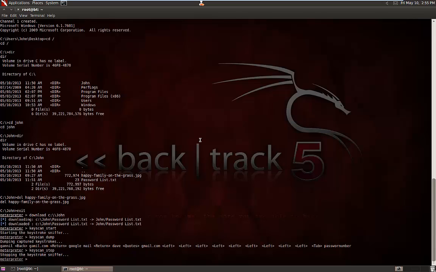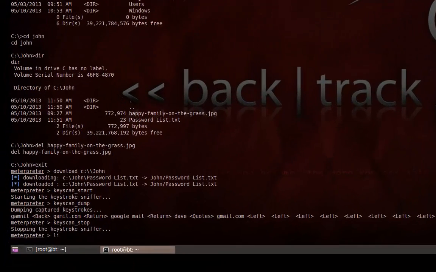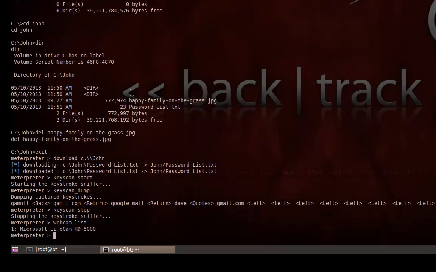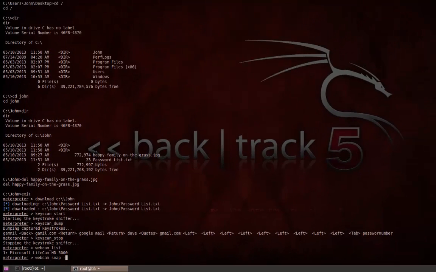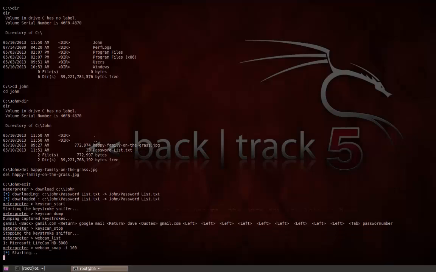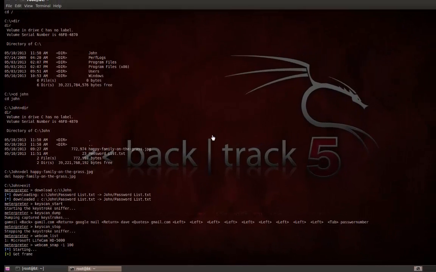We're able to interact with the webcam. So we're able to list webcams. As we can see, we've got a webcam here. If there's multiple webcams, we can specify which webcam we want to interact with, but this one will do fine. So we're going to do a webcam snap, and then because we like good quality stuff, we're going to set it to high quality, then I'm going to do a silly pose,